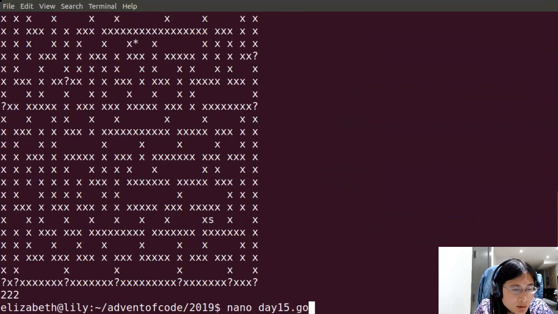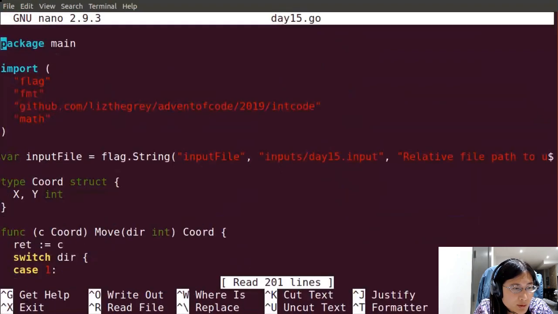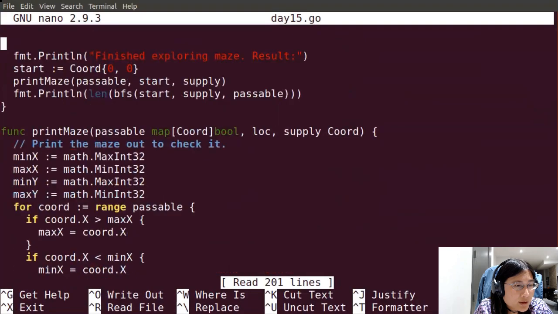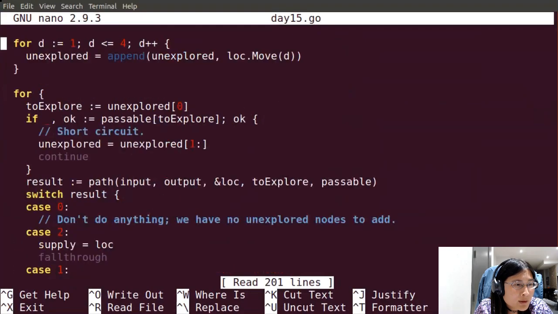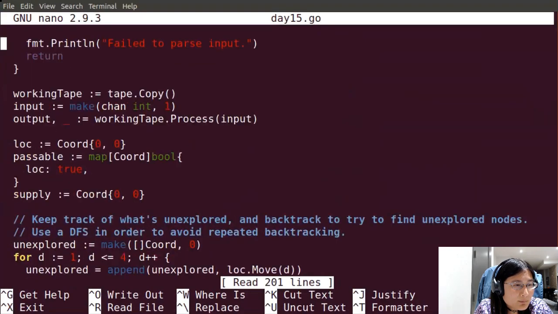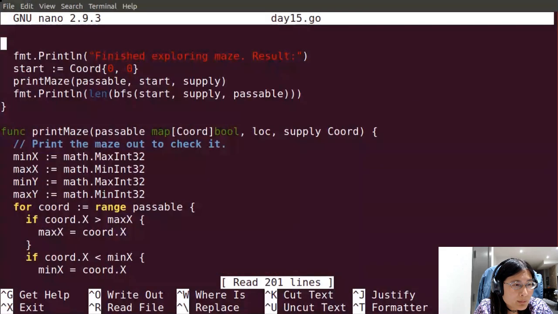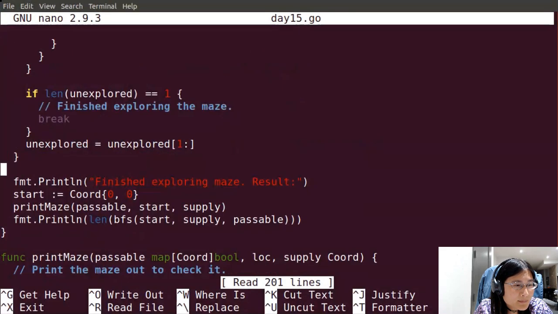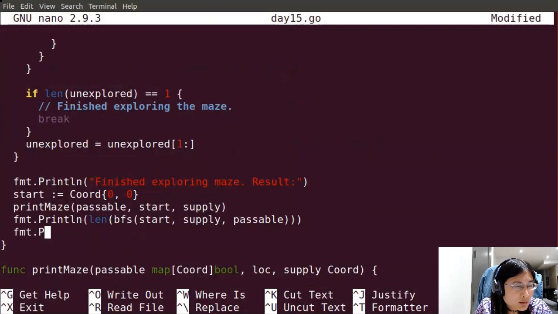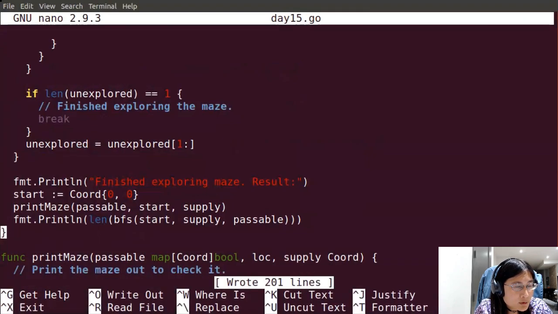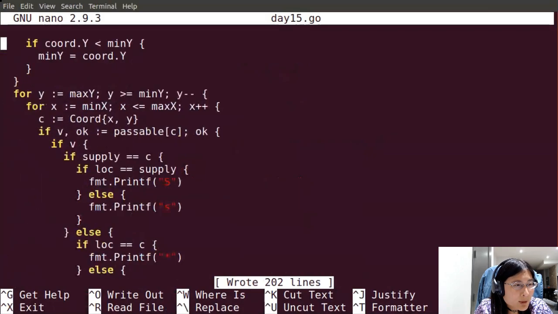Okay. Now, we just need to run my lovely BFS, except run the BFS until there are no remaining nodes to eat. Okay. All right, how do I modify the BFS?